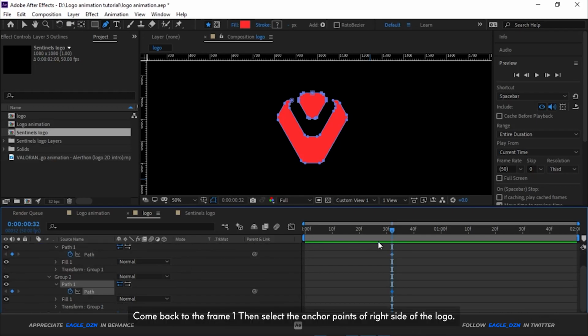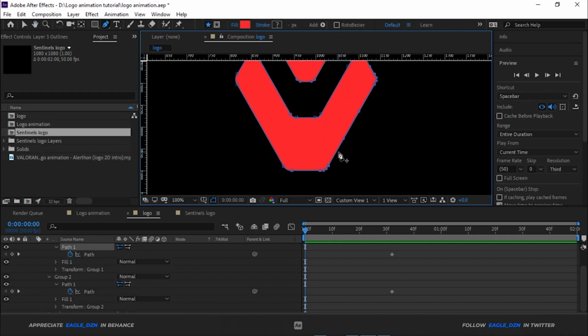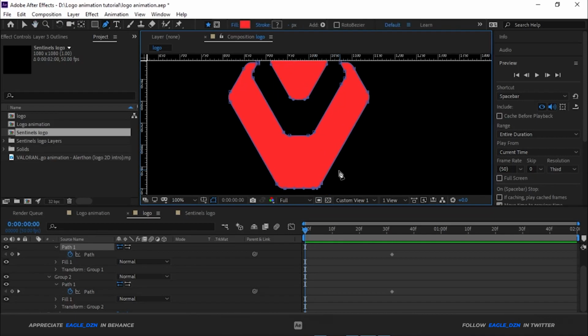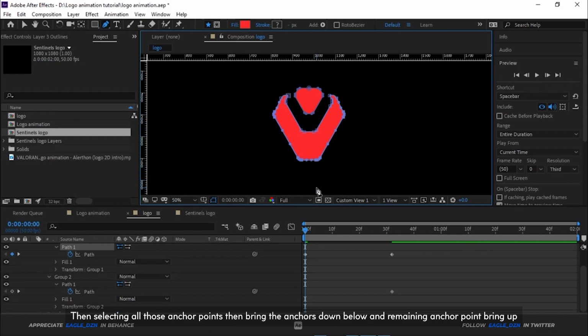Come back to the frame 1, then select the anchor points of right side of the logo. Then selecting all those anchor points, bring the anchors down below and the remaining anchor points bring up.